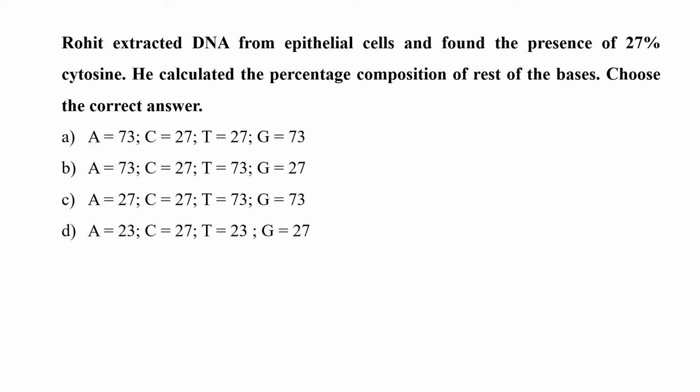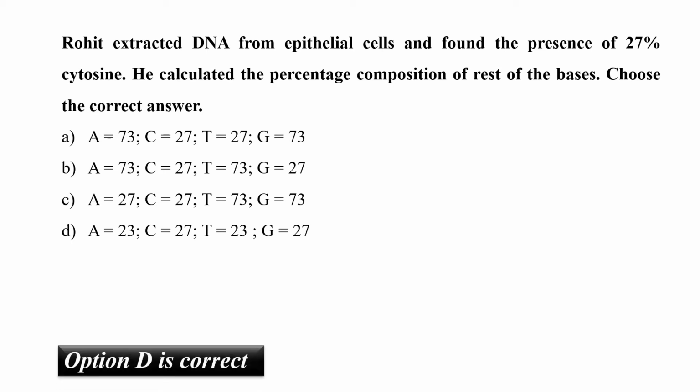As per Chargaff's rule, in a double-stranded DNA, the percentage of A is equal to the percentage of T, and the percentage of C is equal to the percentage of G. Hence, both C and G are going to account for 54%, that is 27% of C and 27% of G. That leaves us with 46%. Now, A and T are going to make the rest of the 46%. So, 23% of A, 23% of T, 27% of cytosine and 27% of guanine is going to be our correct